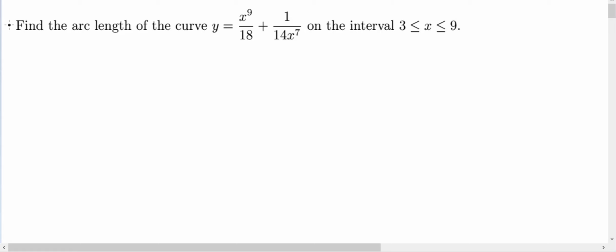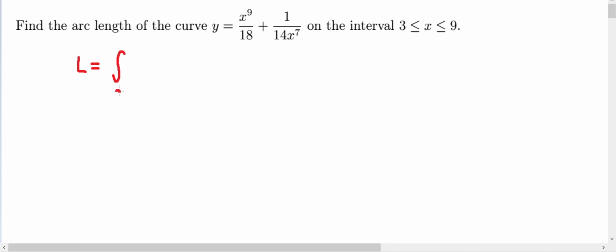In this video of Florida Man Math, we're taking a look at a question from the r/cheatatmathhomework subreddit. So the question is, find the arc length of the curve y is equal to x to the 9 over 18 plus 1 over 14x to the 7th on the interval 3 less than or equal to x less than or equal to 9. So we should recall that the formula for arc length, when given a function y, is